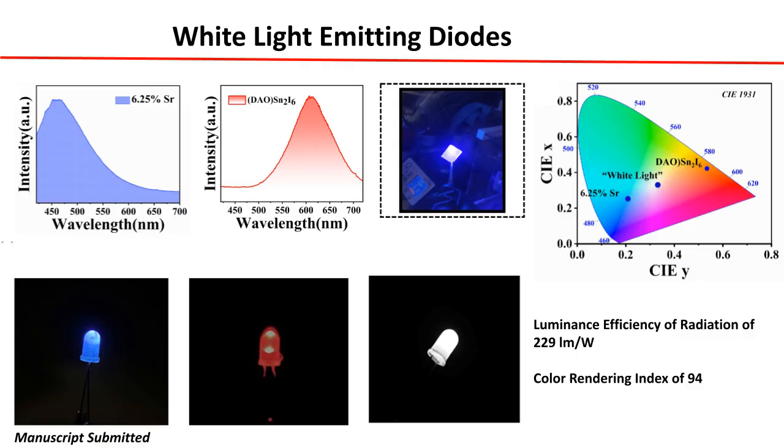So the 6.25% doped sample in the CIE coordinates has around 0.2, whereas the DAO-SnI6 is around 0.5, and after combining these two materials we ended up getting a white light emission which is right at the center, which corresponds to 0.3. And the color rendering index of this combination of the two perovskites is also around 94,